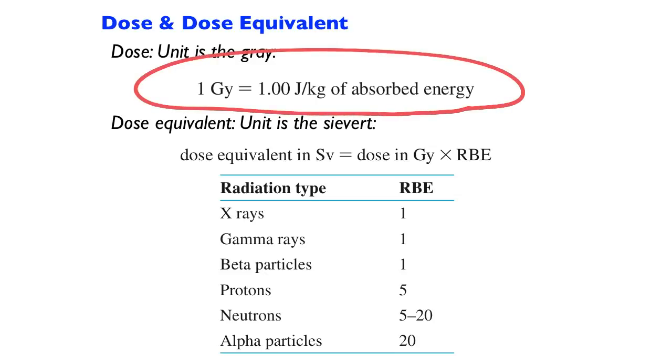1 gray is 1 joule per kilogram of absorbed energy. Basically, ionizing particles deposit energy in other materials. So a beta particle comes in, it's depositing energy as it goes. 1 joule per kilogram of absorbed energy is 1 gray. And then I multiply it by the relative biological effectiveness, which is a measure of how damaging different kinds of radiation are. So take the dose in grays times the relative biological effectiveness, and I get a dose equivalent in sieverts. Typically for the types of things that we're going to be looking at, the relative biological effectiveness is 1, because we're going to look at X-rays, gamma rays, and betas. That's mostly what we'll consider. And how much is a big dose?